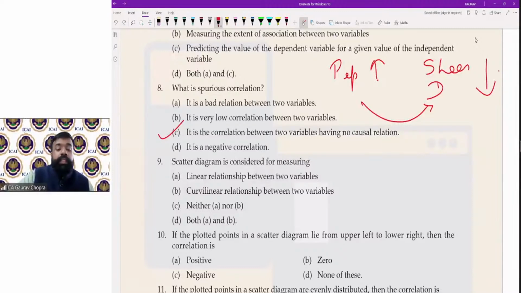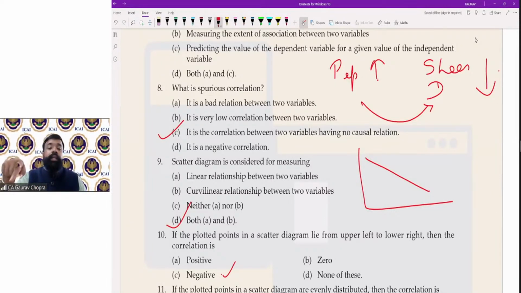ओके, नेक्स्ट वन, नाइन्थ, स्कैटर डायग्राम इज कंसिडर्ड फॉर मेजरिंग। तो स्कैटर किसके लिए है, लीनियर या कर्वीलिनियर? इट इज फॉर बोथ, ऑप्शन नंबर डी। टेंथ वन, if the plotted point in a scatter diagram lie from upper left to lower right, इसमें रिलेशन कैसा होगा, पॉजिटिव या नेगेटिव? ऑफ कोर्स इट विल बी नेगेटिव। जब भी कोई कर्व डाउनवर्ड स्लोपिंग है इट इज नेगेटिव, अपवर्ड स्लोपिंग देन इट इज पॉजिटिव।